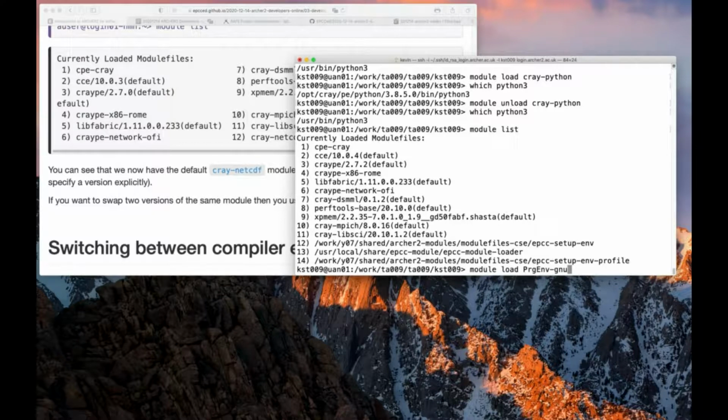Don't do that because you'll get a nasty error. These programming environments, being programming environment Cray, programming environment GNU, and programming environment AOCC, are now what is called module collections, and the appropriate command to change between module collections is this module restore